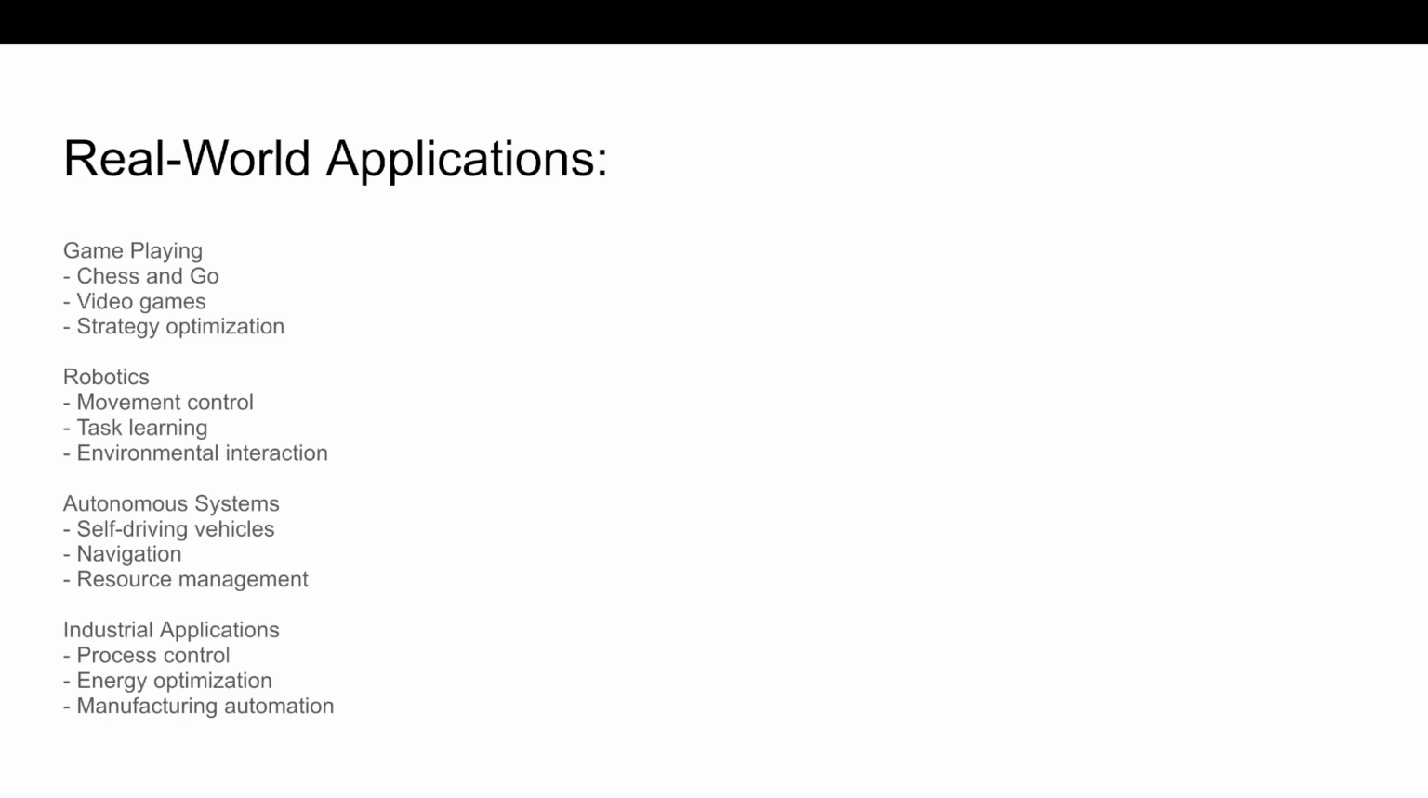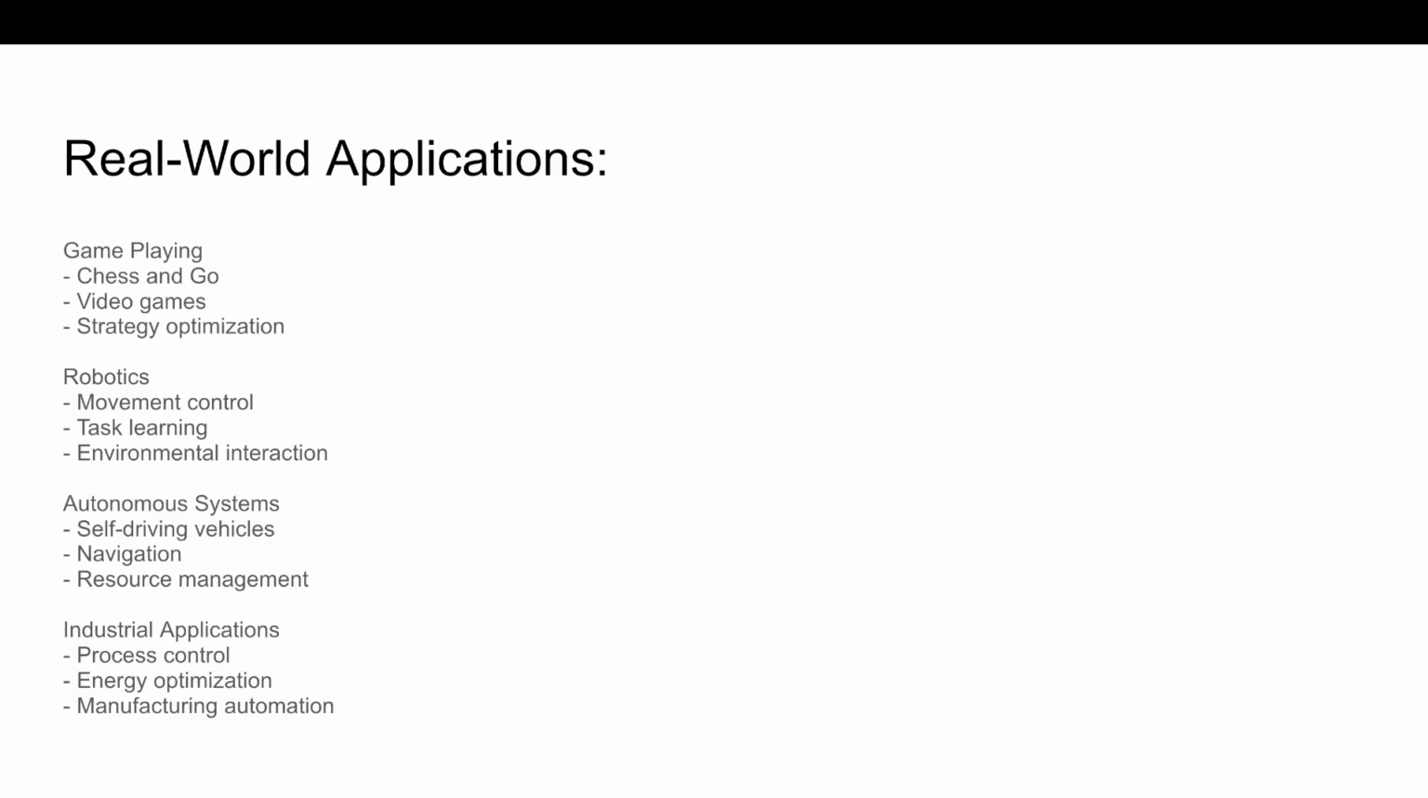Robots can learn to perform tasks like grasping objects, navigating through environments, and even assembling products using reinforcement learning. Autonomous driving. Reinforcement learning can help train self-driving cars to navigate through traffic, handle unexpected situations, and optimize fuel efficiency. Resource management. In data centers and wireless networks, reinforcement learning can be used to optimize resource allocation, load balancing, and